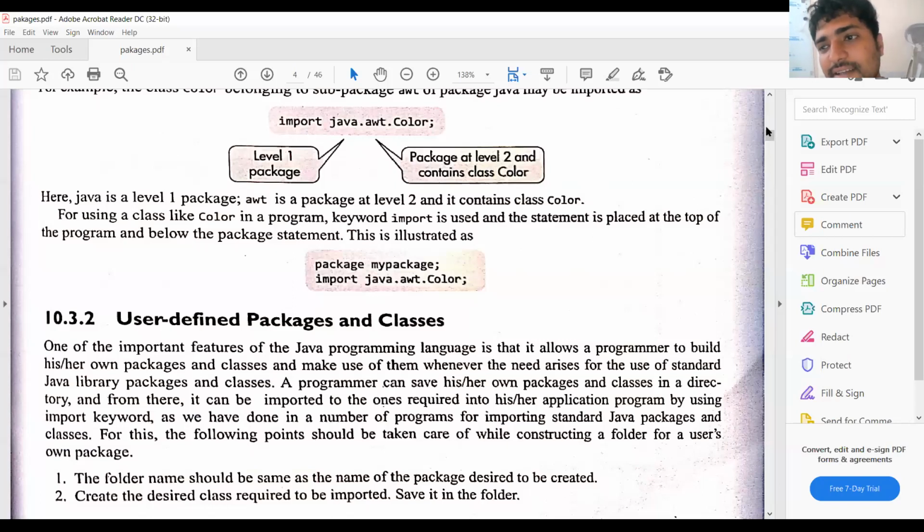From tomorrow's class, we can create our own package and import that package into our program.